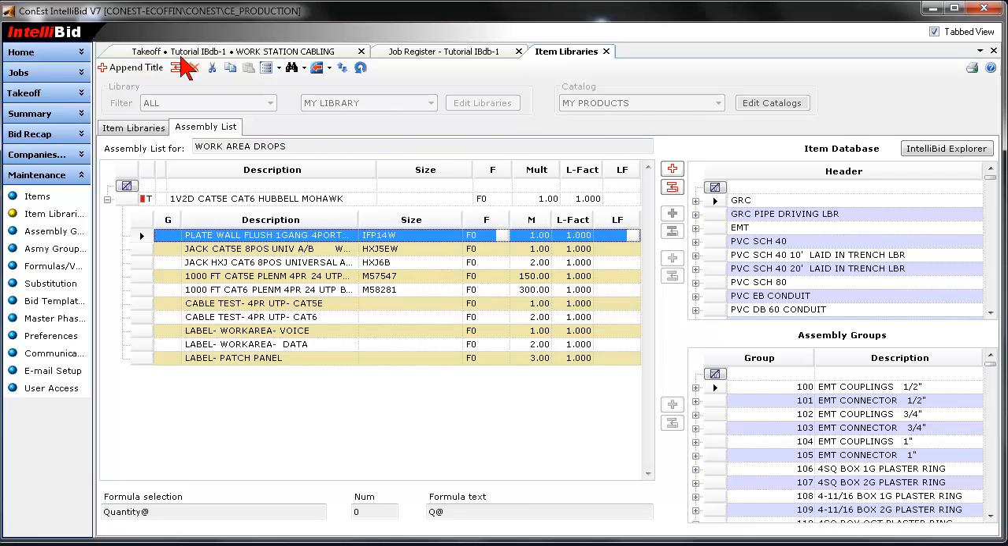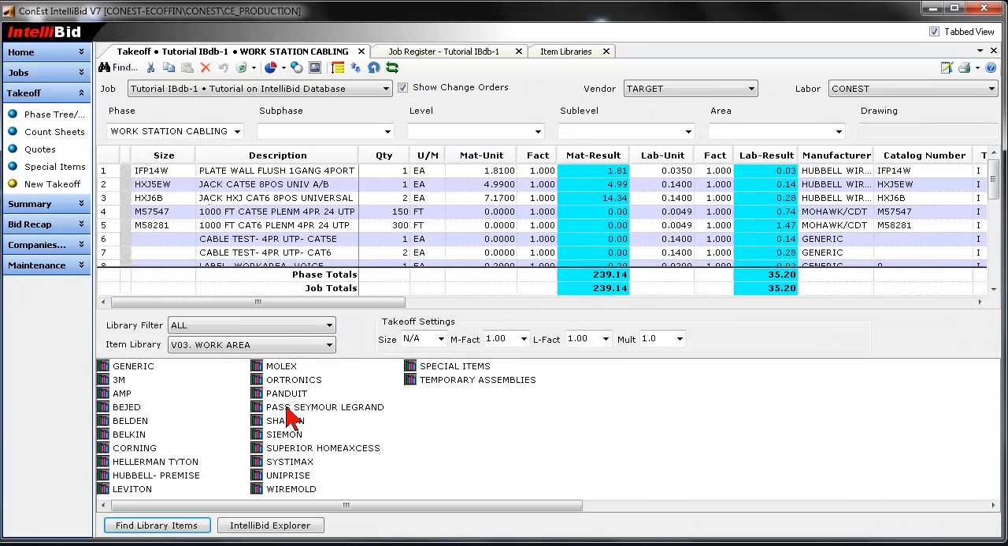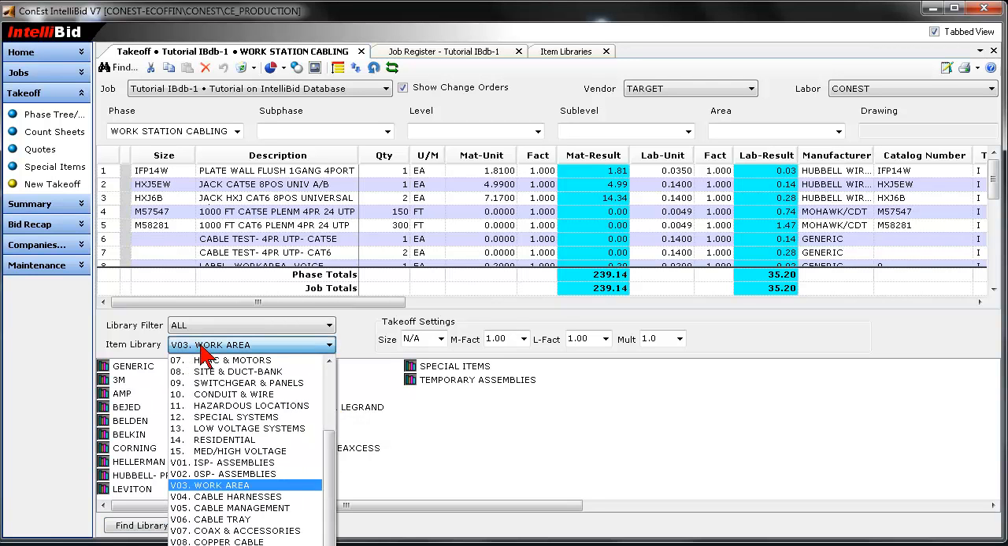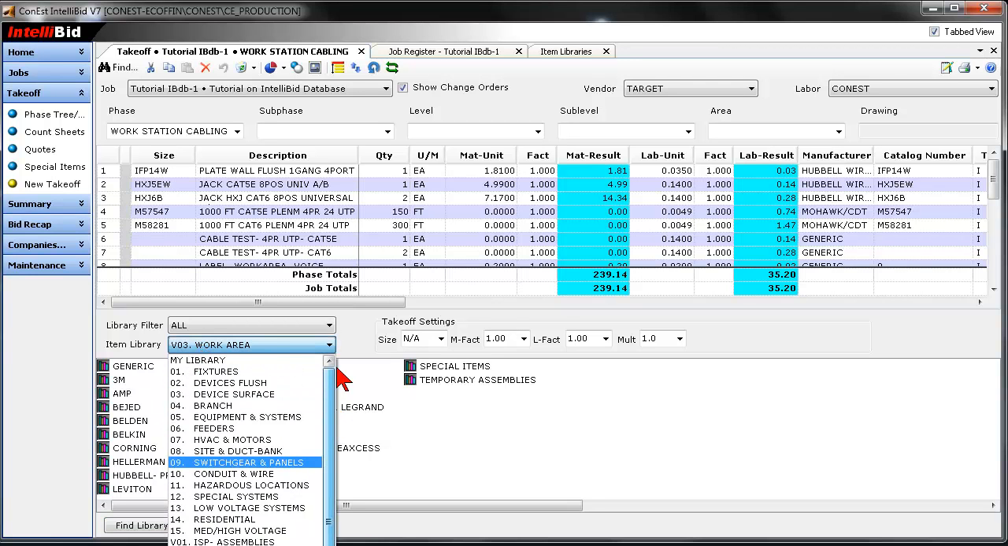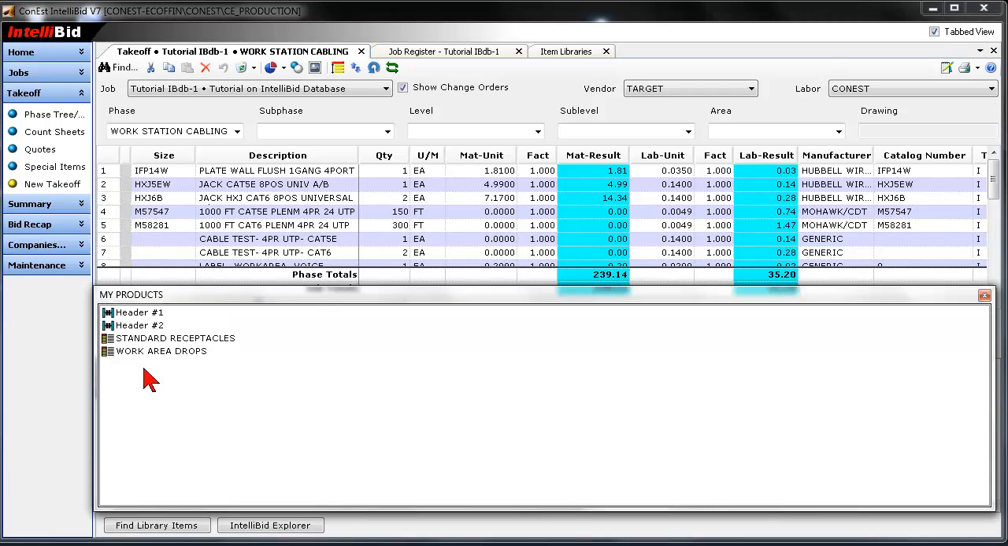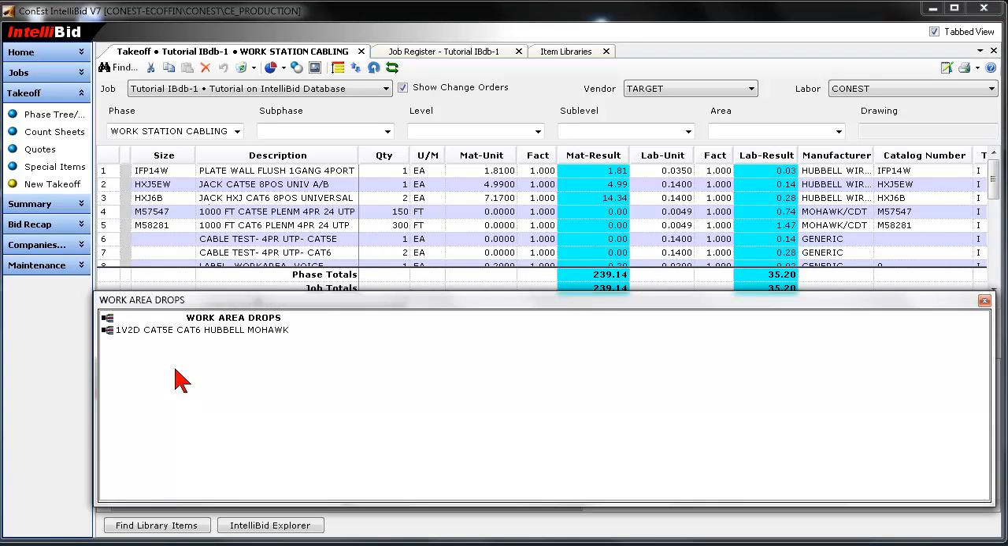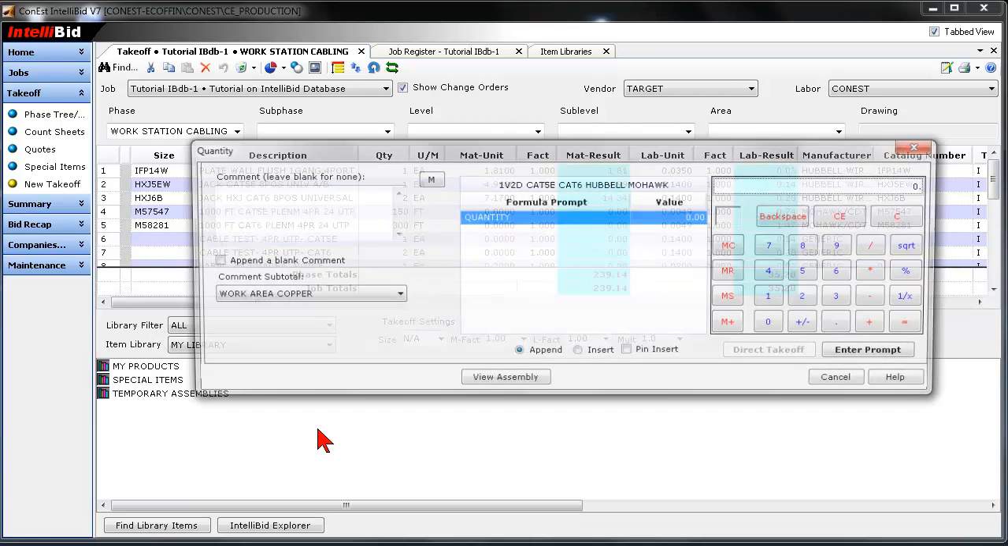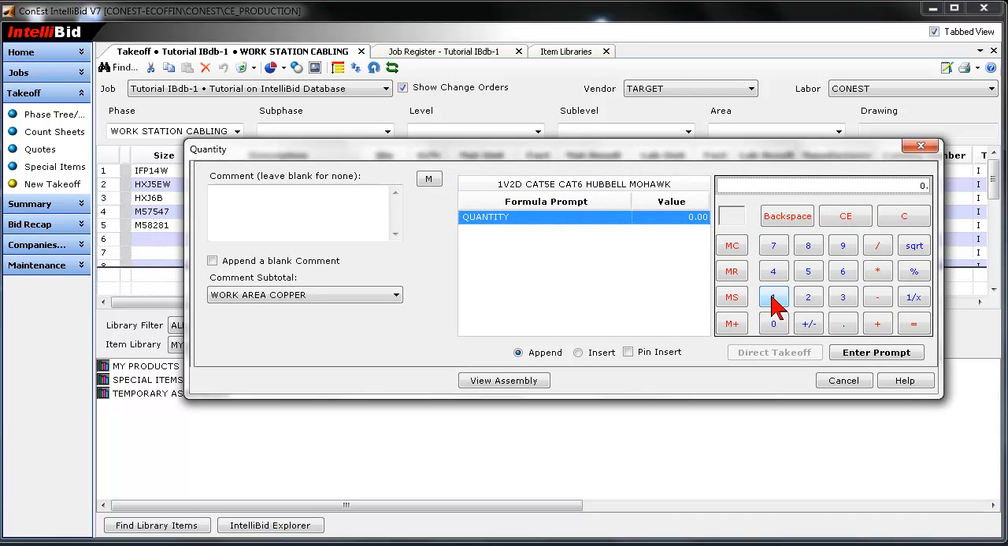Going into the takeoff tab in order to see what has actually occurred, there is My library, if you will, My Products catalog, and here's the work area drops assembly list, and here is the permanent assembly now ready for any new job, any new user that connects to the database can take the item off,